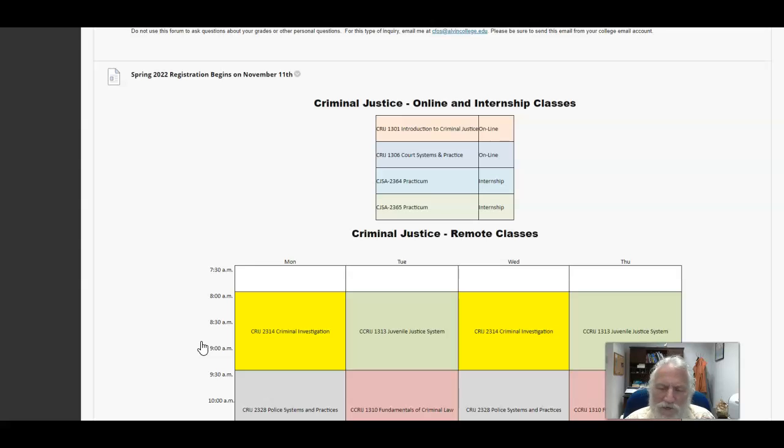And we've got a working relationship with several agencies. Alvin PD, we've had interns in Manvel and Angleton, League City, Clear Lake Shores. I've had an intern at the Advocacy Center. Now, I've also got career officers that have taken the internships where they work, and there are too many of